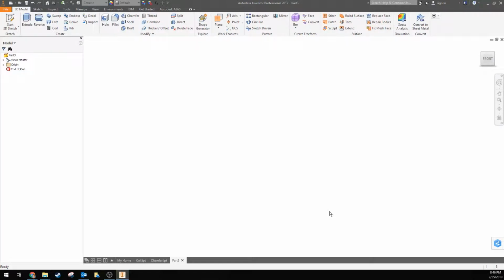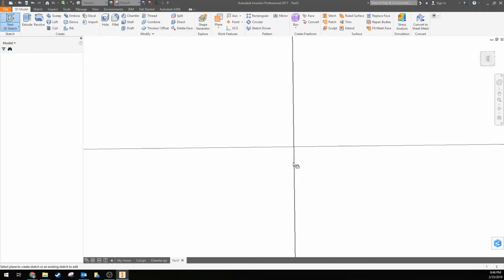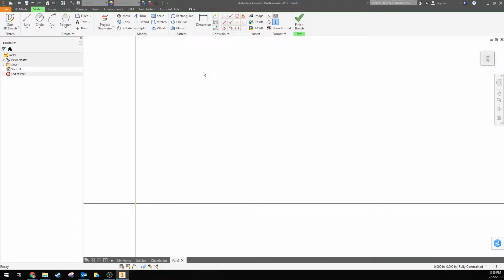For this next tutorial, I'm going to show you how to use the rectangular pattern tool in 2D, so in your sketch. So I created a new part. I'm going to go to Start 2D Sketch. I'll choose a plane, and what I'm going to do is try to make sort of a chessboard